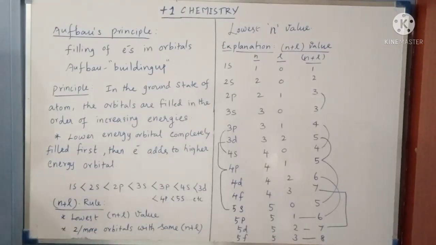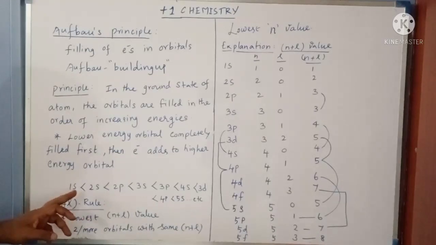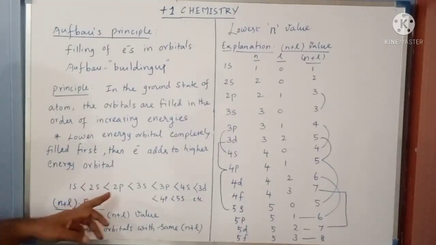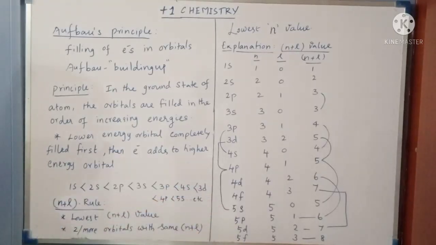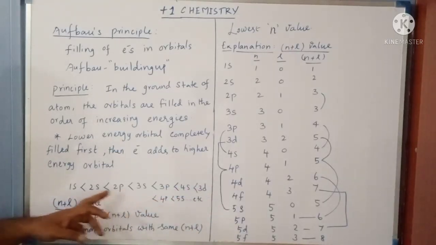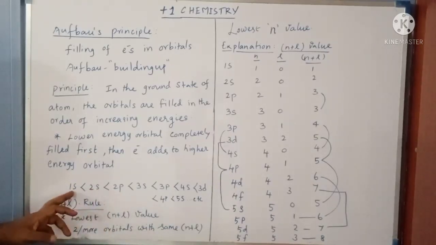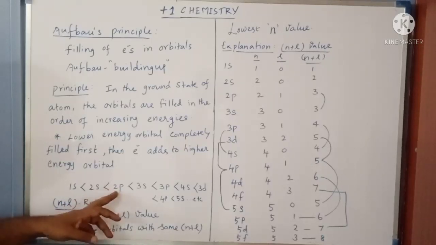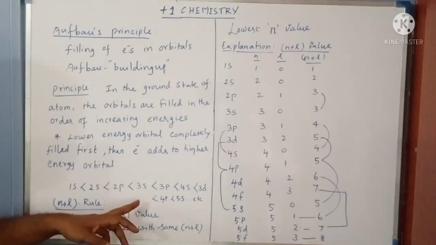Okay. So according to the Aufbau principle, the order of increasing energies of various orbitals is given as: 1s orbital with lesser energy than 2s, 2p, 3s, 3p, 4s, 3d and so on. Here you can note down one thing. 1s orbital belongs to the K shell, 2s, 2p belong to the L shell. Once the K shell is completely filled, electrons are added in the L shell. Once the L shell is completely filled, the electron will enter the M shell, isn't it?